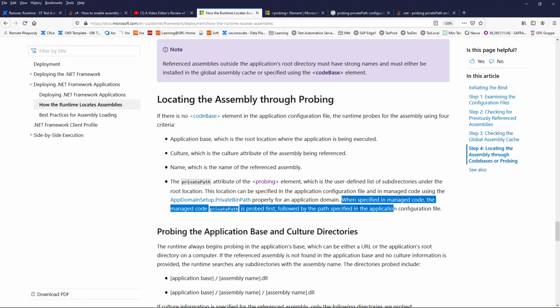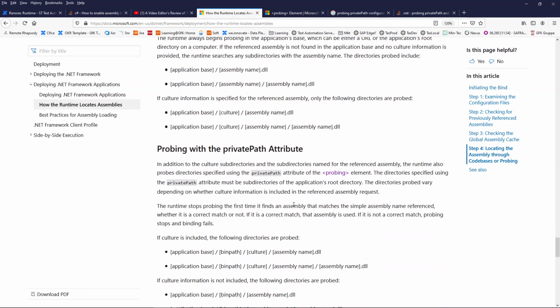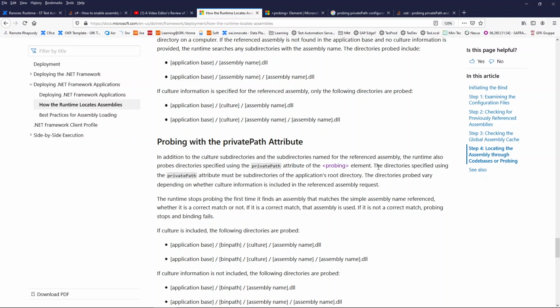The restriction is that the directories specified using the private path attribute must be subdirectories of the application root directory.